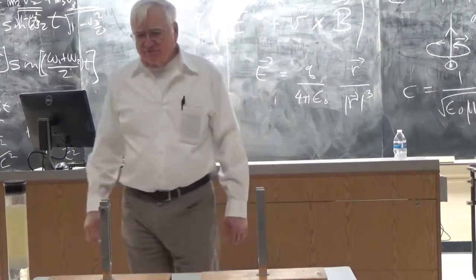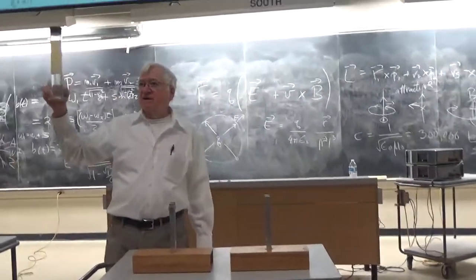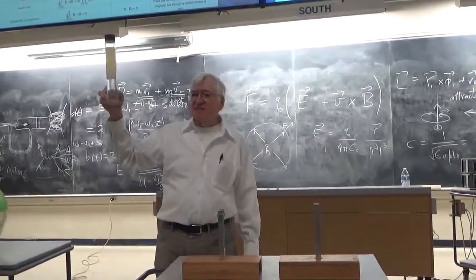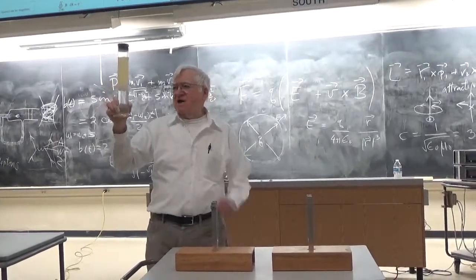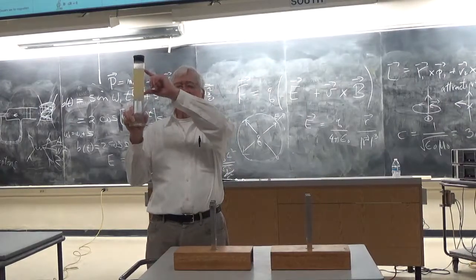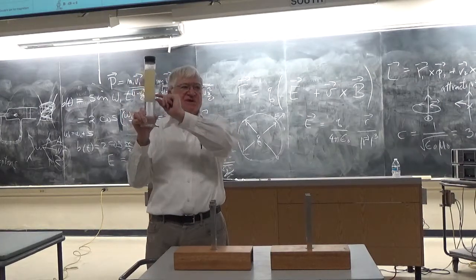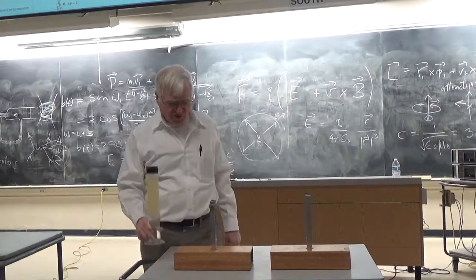Anyway, our H2C and H2O have separated. The H2C is on the top and the H2O is on the bottom. The separation is not complete, though. You can see this is quite yellow. That's the H2C, and this is a mixture of H2C and H2O. Then we have just the H2O down there.